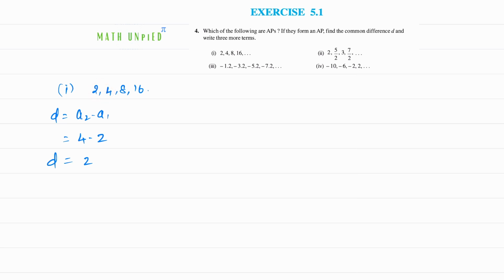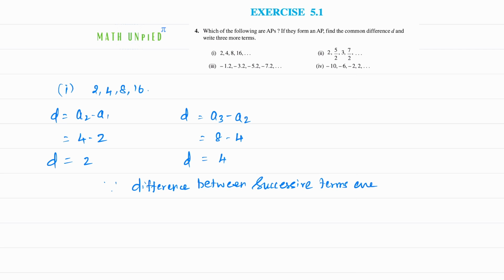Now let's find the difference between the third and the second term. So D equals A3 minus A2, which is equal to 8 minus 4, which is equal to 4. Clearly the difference is not equal, so the difference between successive terms is not the same, so this is not an AP. So we can write like this: since difference between successive terms